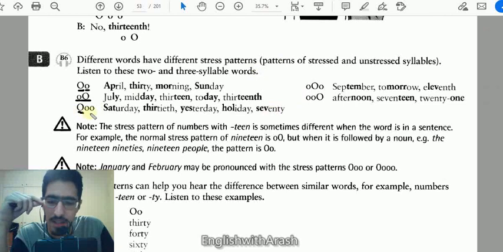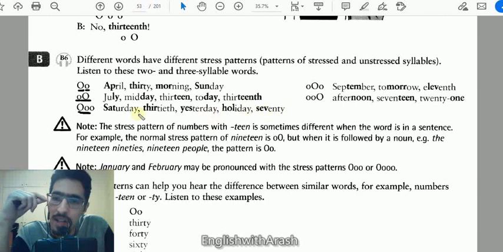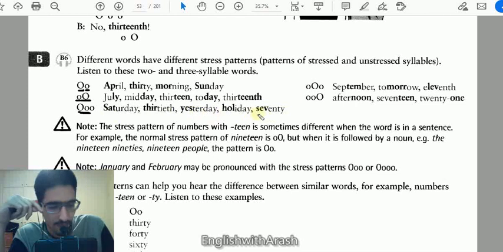So the next one, it's 3 syllables. It's O. So the first one was O, like April, 30. The second one was O, July, midday, 13. This one is O, which is Saturday, 30th, yesterday, holiday, 70. You have to put them together though. So Saturday, 30th, yesterday, holiday, 70. That's how you should do it. Next part,